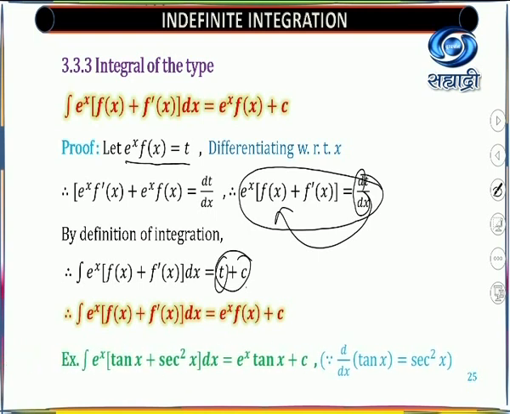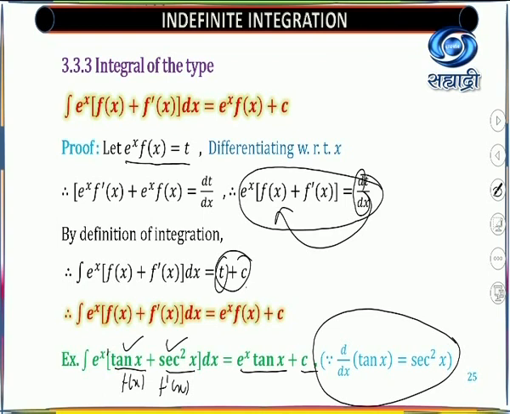We'll take one example for that. E raised to x means you are having a function here and its derivative is here. That type of function we want. So what is the derivative of tan x? That is sec square x. Now if you integrate, this one is f(x), this one is f dash x. It is not necessary to think much. You will get e raised to x and whatever the first function is, e raised to x tan x plus constant of integration. So this way this formula works.